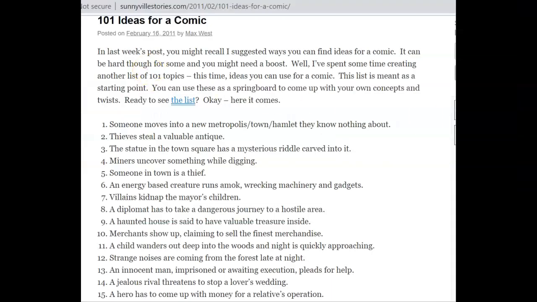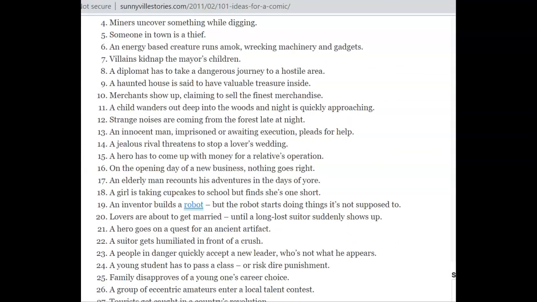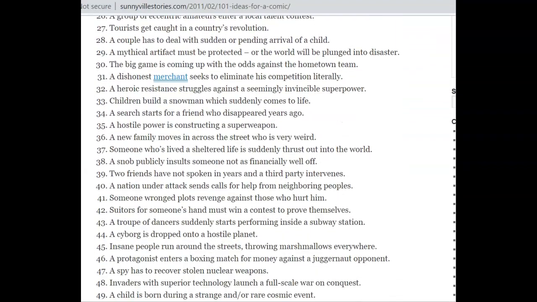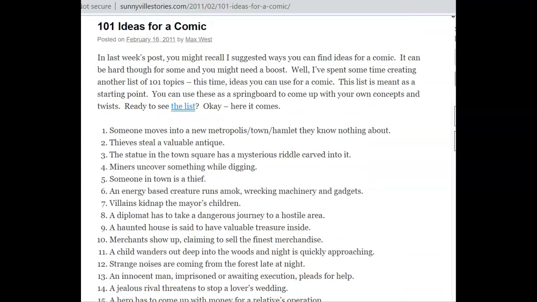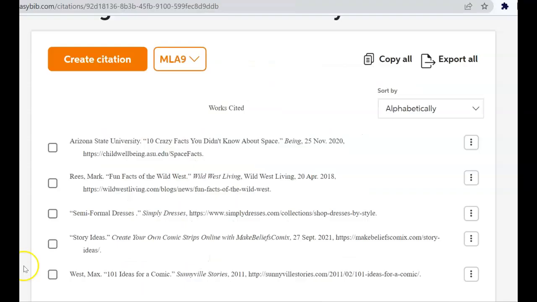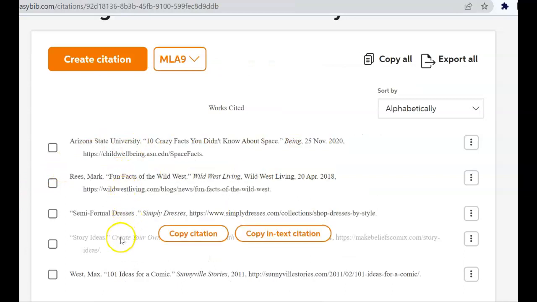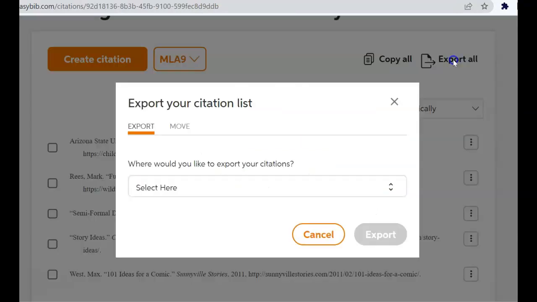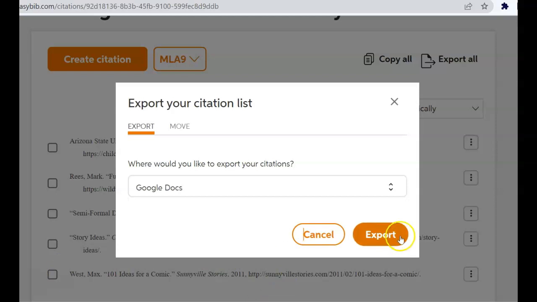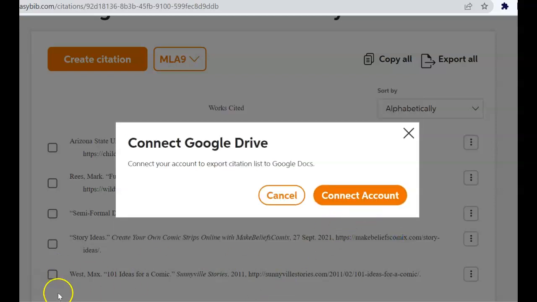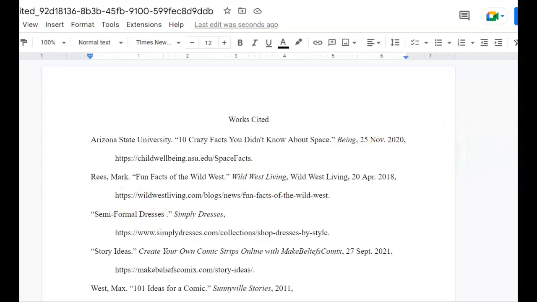That web page offers some interesting ideas that I may or may not like, but they are really interesting ideas for plot summaries of comic stories that are written using cartoons. When you have created the 5 citations that are required, you will click Export All, copy that as a Google Doc, or Word if you prefer that. And then you'll need to connect your account. And there it is, all beautifully